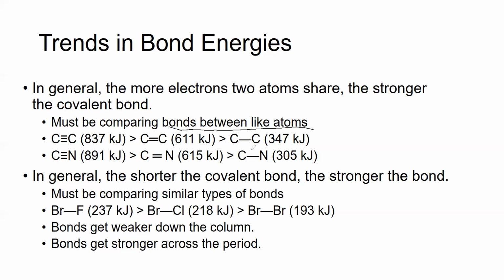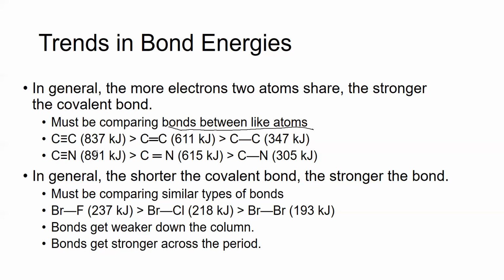A single bond is your weakest type of covalent bond. A triple bond is the strongest type of covalent bond because you're sharing more electrons. Bond strength and bond length are inversely proportional. That is, the stronger the bond, the shorter the bond length. They are being pulled into each other when you have stronger bonds. They're being held together tighter, so they come closer together. Again,